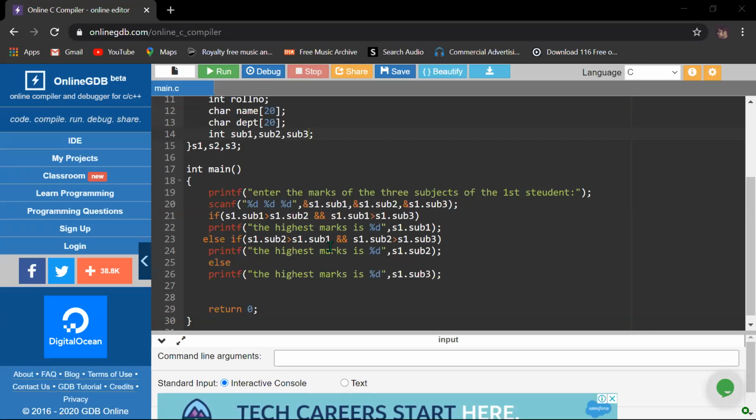Total 6 things in your single index, from lower index to upper index. Each and every index contains these 6 pieces of information at a time for 3 different students. So S0 will have the 6 details of student 1, S1 will have the 6 details of student 2, S2 will have the 6 details of student 3. If so, then how do you compare this index and find out the highest marks?